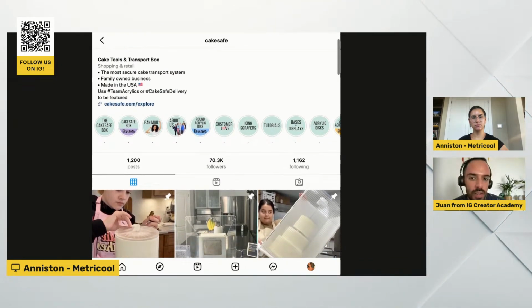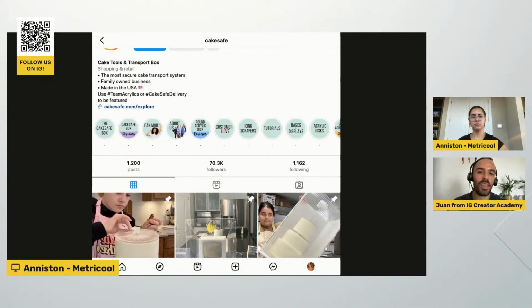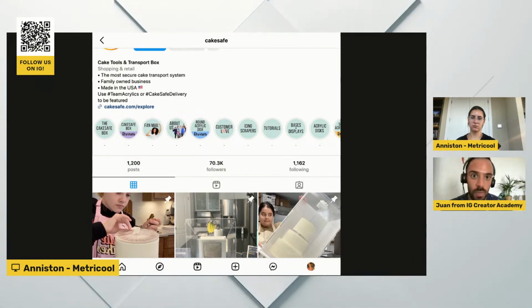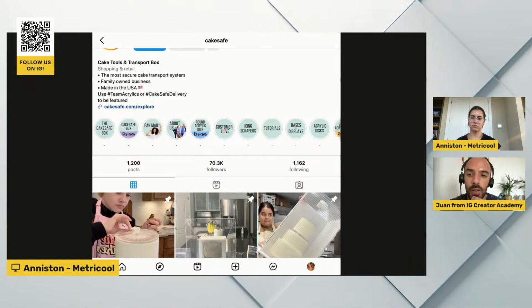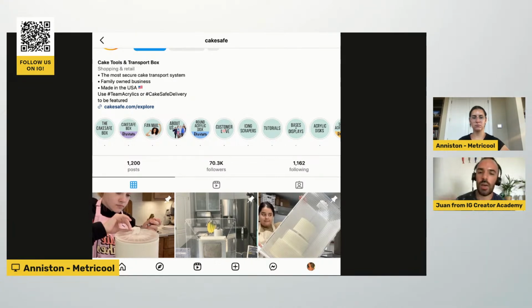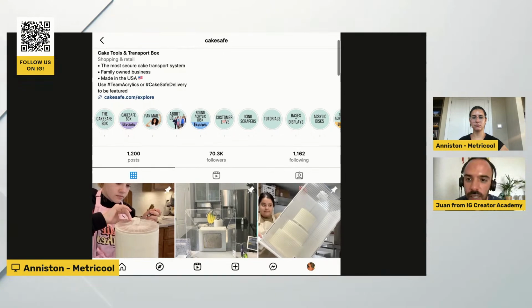It's missing a call to action again. I see this common thing, that people don't add calls to action to their bios. It's really, really important. I get leads every single day from the call to action in my link in bio because it's there. People click on it. It's free, and they just get it. So don't miss out on those opportunities of getting new leads every day.